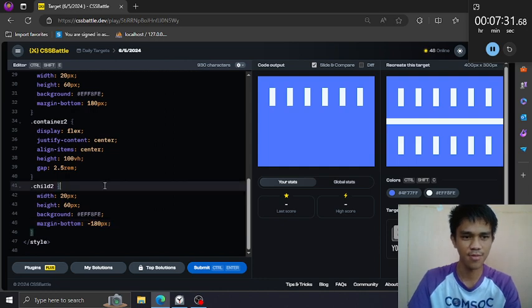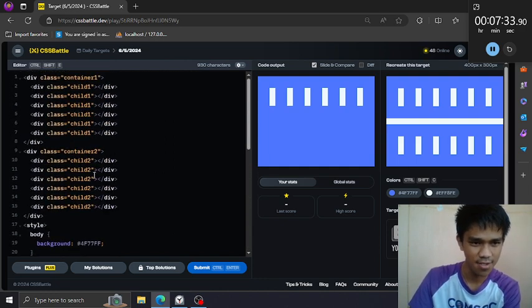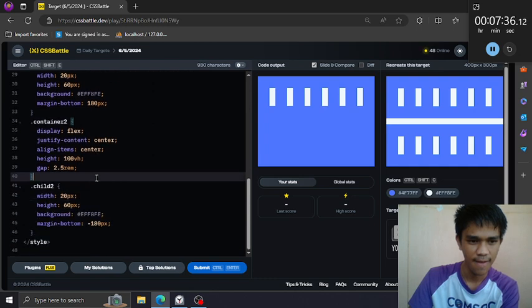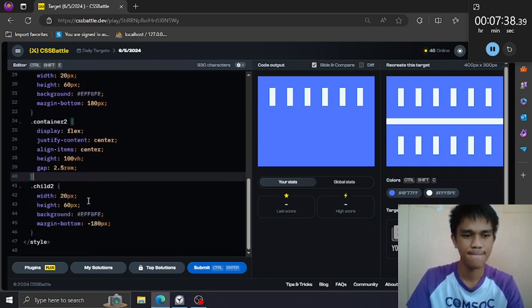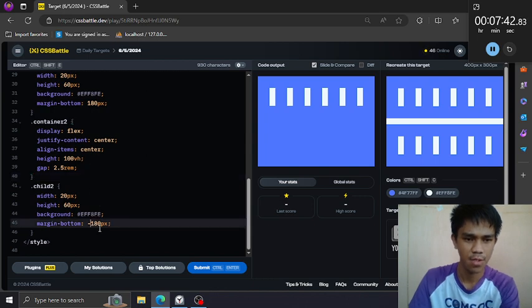It is not showing. Why? Container 2. Maybe too much center.